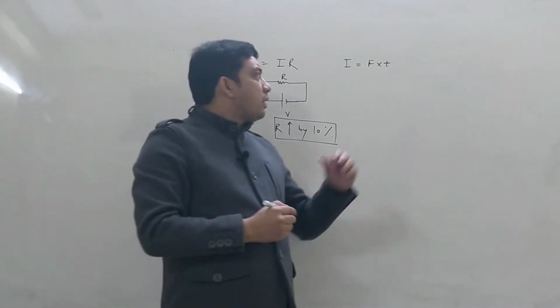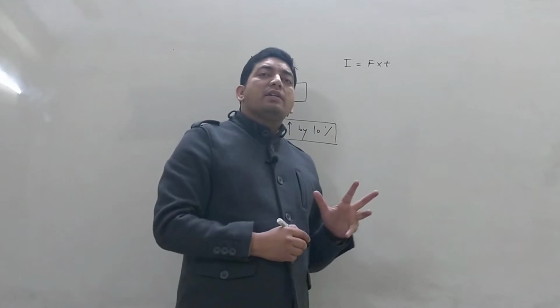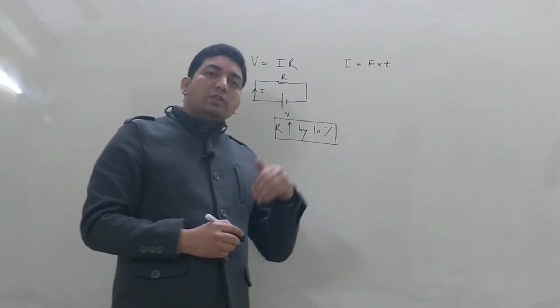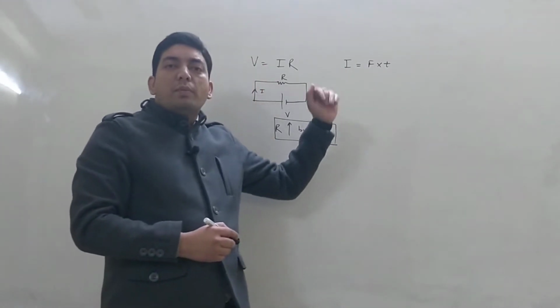Or in other way, if impulse is given as force into time and the time of impact is increased by 10%, how much will be the percentage decrease in force